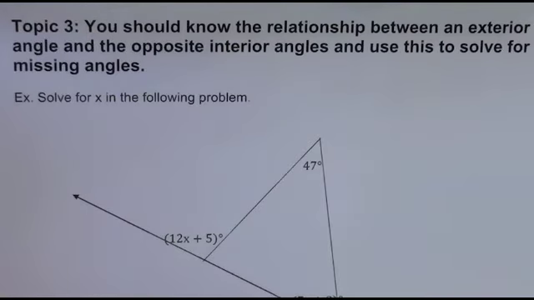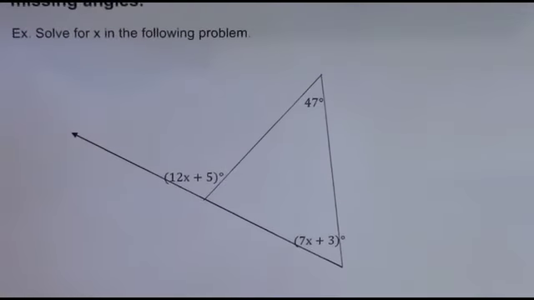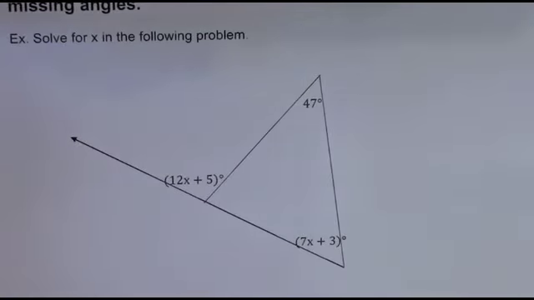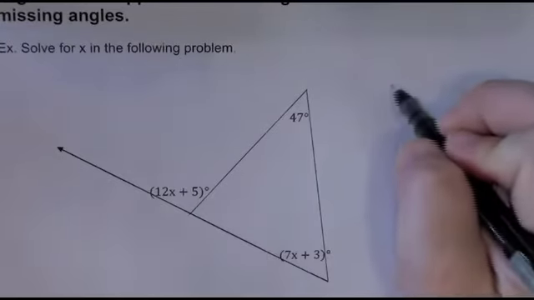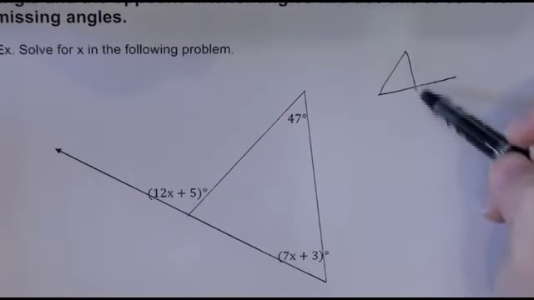Now the relationship between an exterior angle and the opposite interior angles is found in the exterior angle theorem. What the exterior angle theorem says is that the exterior angle is equal to the sum of the opposite interior angles. So what that means is if you have a picture that looks like this, we have a triangle and